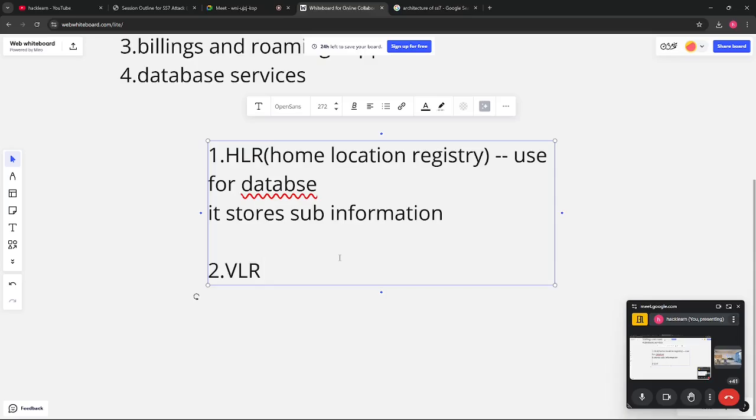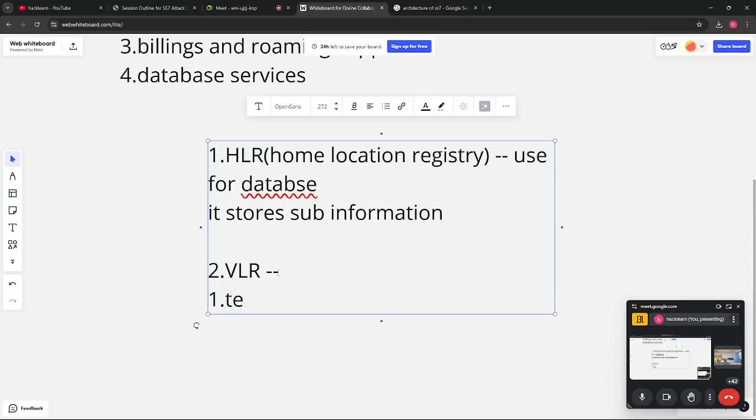If anyone wants someone's exact location tracking, they go to the VLR. For example, if a victim has committed a crime in Delhi and moved to another part of the country, the police may check the VLR information. Its main function is, first, to temporarily store the subscriber data.